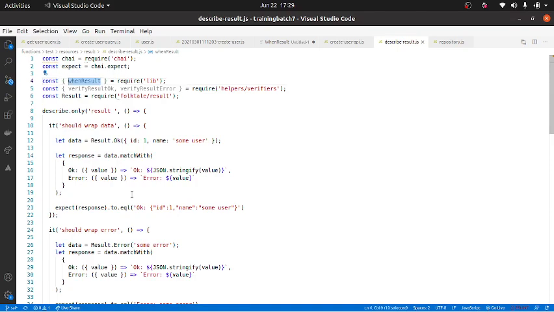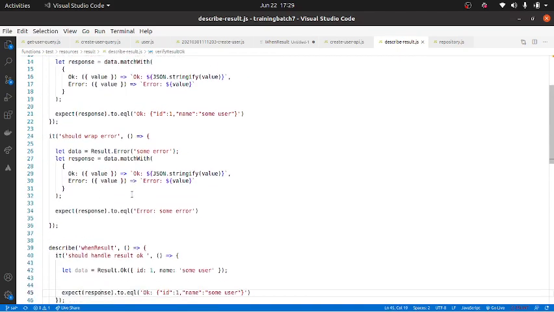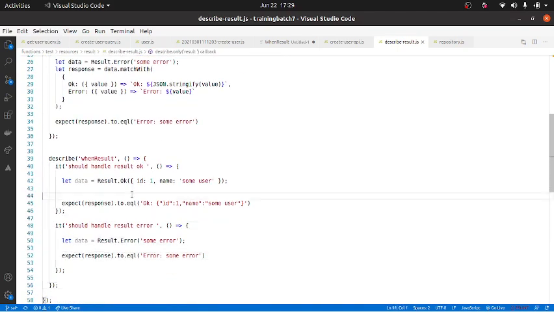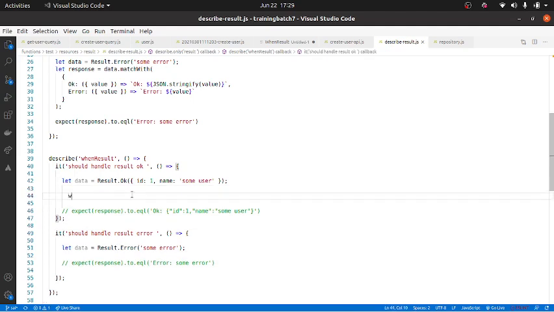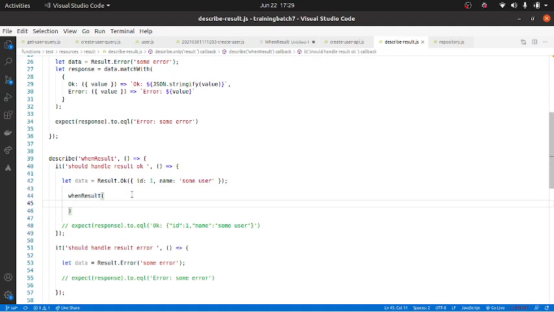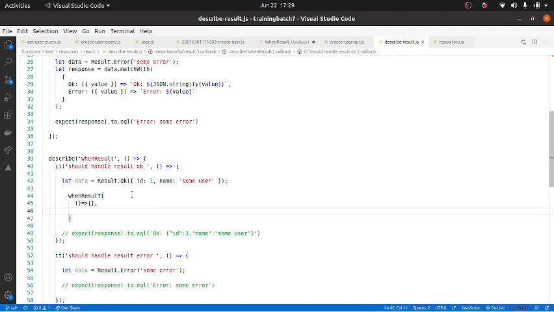Now we have this when result function, and here I will just comment this out right now. So when result essentially takes two methods, like how this one takes two methods.